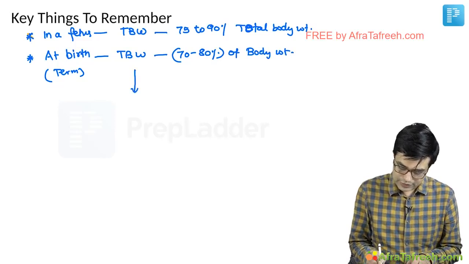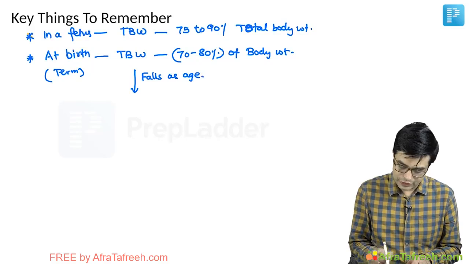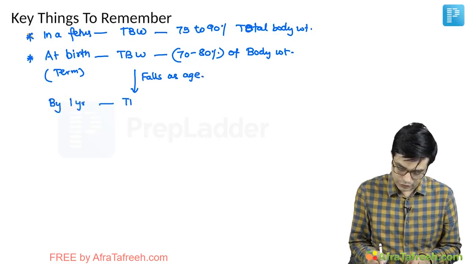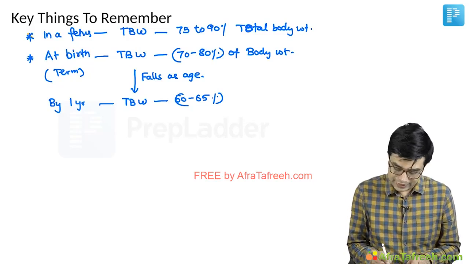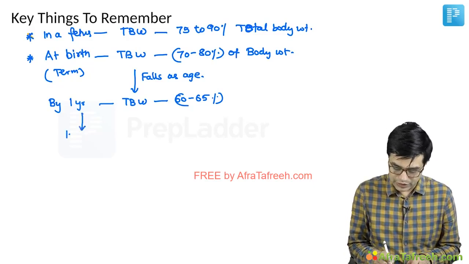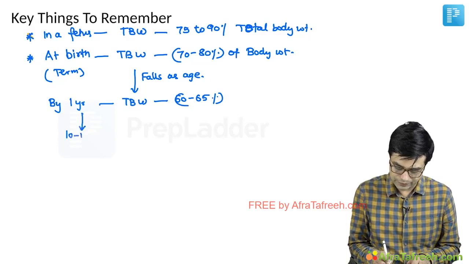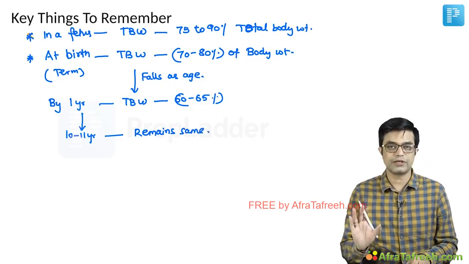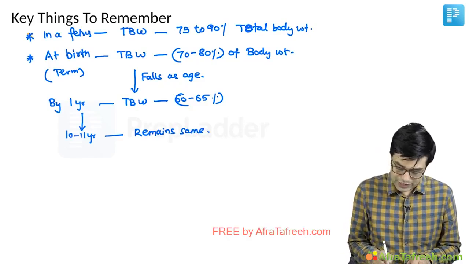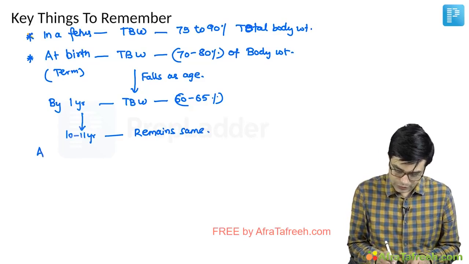It further falls as age advances, so that by 1 year of age, the total body water is about 60 to 65% of the body weight. But then from 1 year till about 10 to 11 years of age, it remains consistent. It remains the same, so 60 to 65%, right? Once puberty begins,